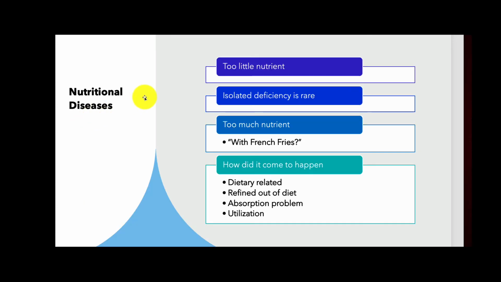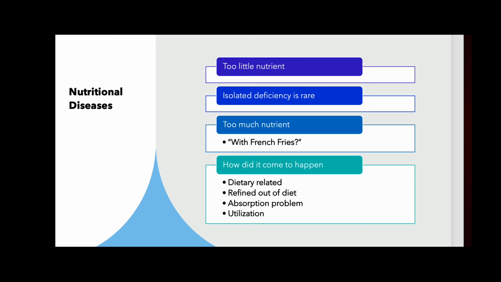When we talk about nutritional diseases, and I'm sure you've seen this in nutrition classes you've taken, we could be talking about too little nutrients. This dietary insufficiency would be basically malnutrition, right? This means that one or more of the following components are missing from the diet: carbohydrates, fats, and proteins. And we're not getting sufficient energy for the body to give ourselves calories for daily needs, right? They're not being met, and we're not bringing in enough of those things.